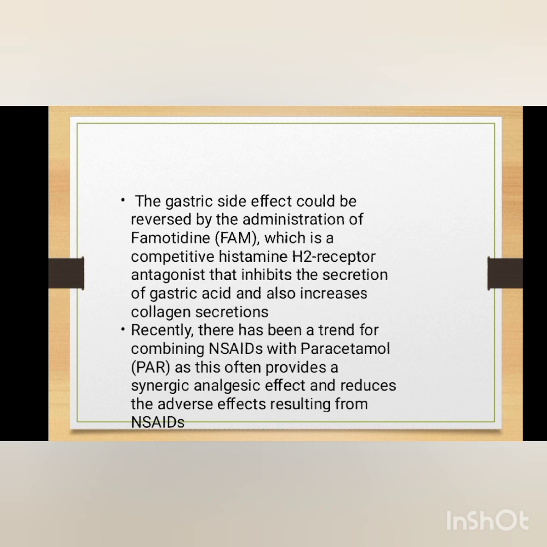Here is the main part of this lecture: co-drugging, making two or more drugs and utilizing them for one purpose and for reducing their side effects. The gastric side effect could be reversed by famotidine. Famotidine is used in gastric diseases. So we use this drug by combining it with other drugs and reduce their effect.